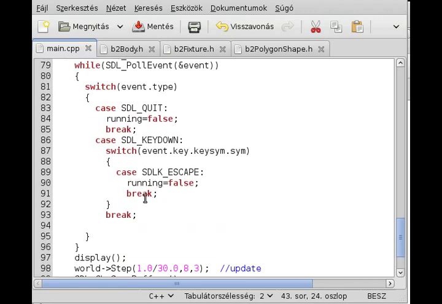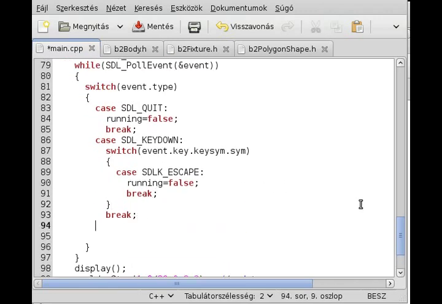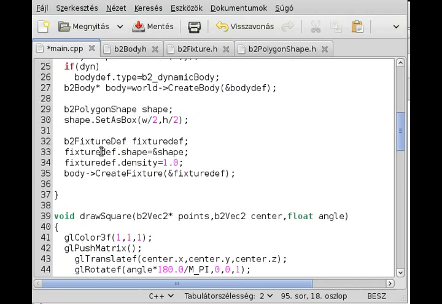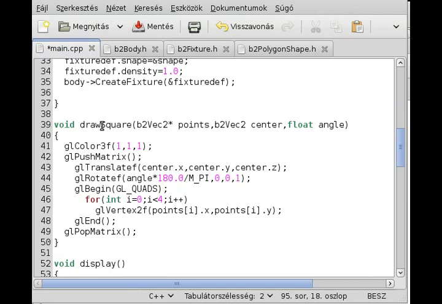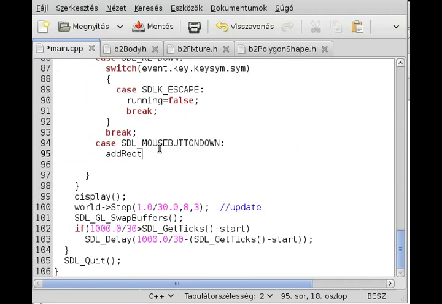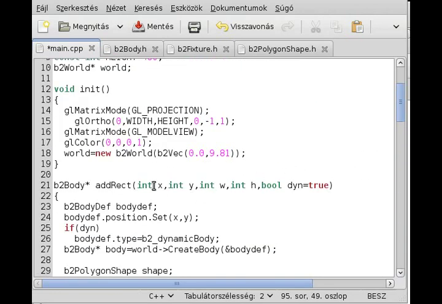So right here, when for example I press the button, let me make another event for that. SDL_MOUSEBUTTONDOWN. This happens whenever I click with the mouse, and then I just add a square or add rect, or what was it? Add rect. Draw square, add rect. We should call it draw rect. Anyway, so this first is waiting for the xy coordinate, which will be event.button.x and event.button.y. Okay, and secondly, it's waiting for the width and the height, and which should be actually, so we have